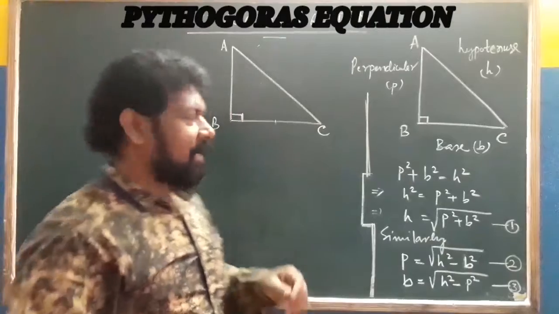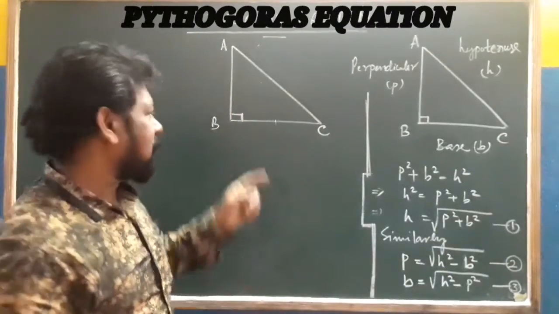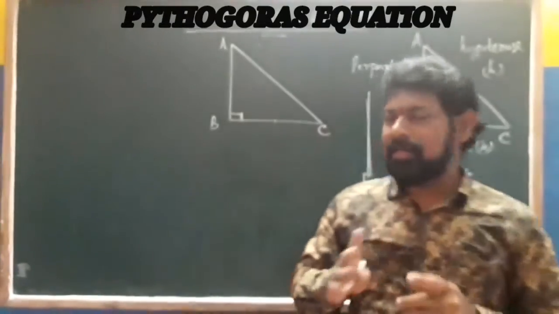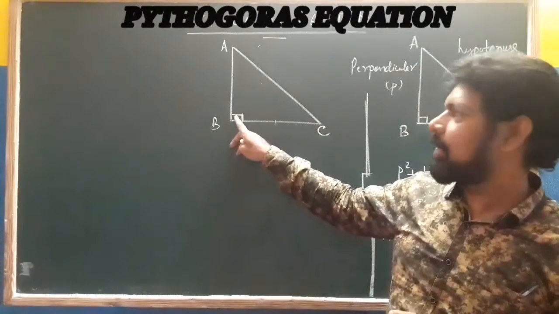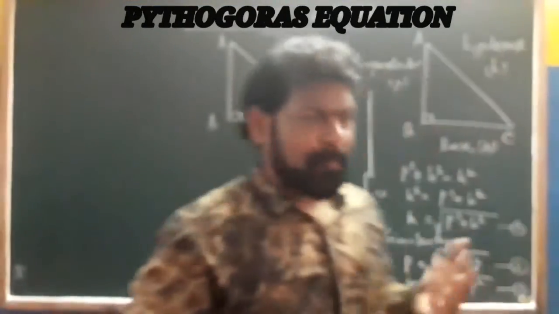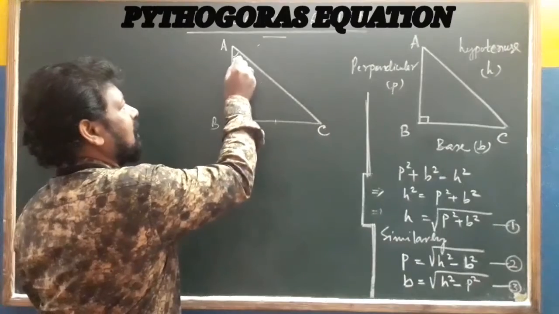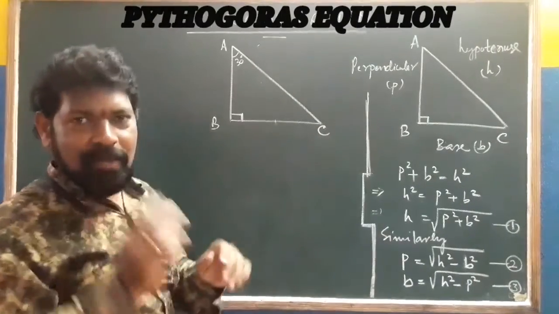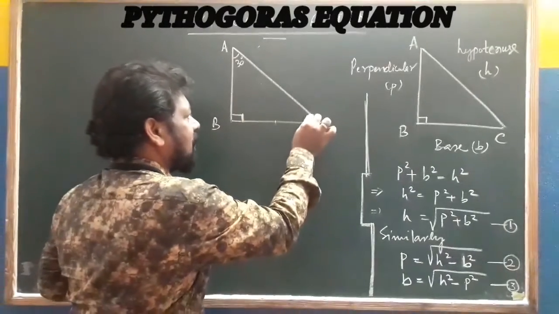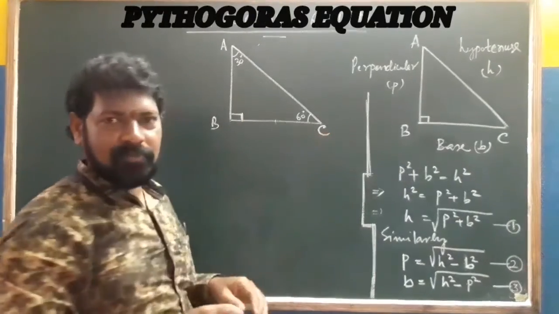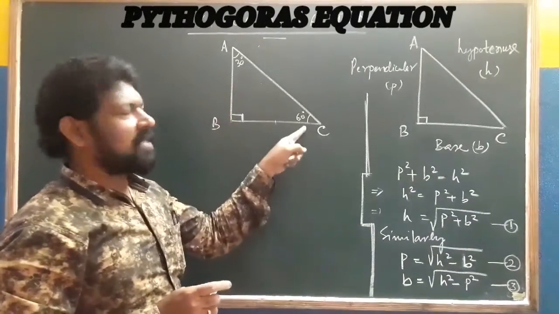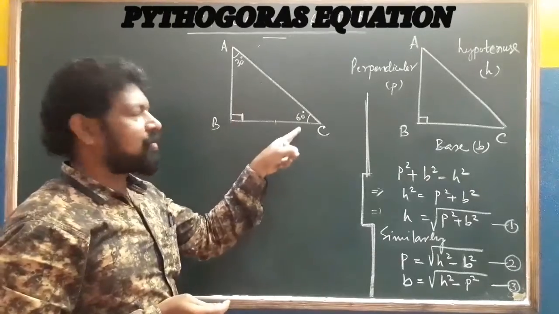So here is a right angle triangle. I wrote once again ABC. So you know, the sum of three angles of a triangle is 180 degree, and one angle here is 90 degree. The sum of the other two will be one more 90 degree. Let me consider, for example, this is 30 degree. Then ultimately the sum of the other two is 90, 30, and this will be 60 degree. I took 30, because this is 90, if this is 30, this is 60. If this is 40, this will be 50.